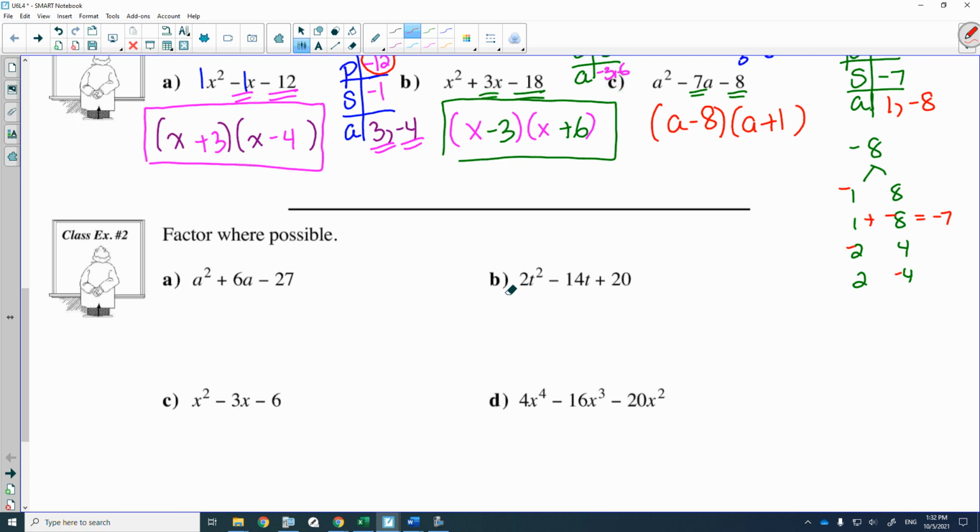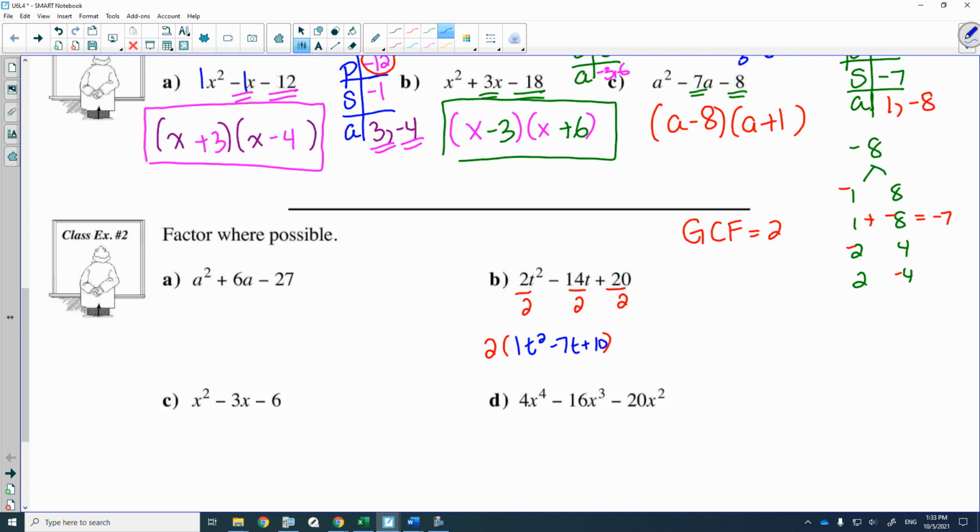What do you notice about B, Carly? That's right. If we're going to do PSA 1, we have to get a 1 in front of here. So you say this has to be a GCF question. It starts as a GCF. GCF is equal to 2. Put a division bar underneath each term. You're factoring out a 2. So then you would say, okay, what's left in the bracket? 2 divided by 2 is 1t squared minus 14 divided by 2 is 7t plus 20 divided by 2 is